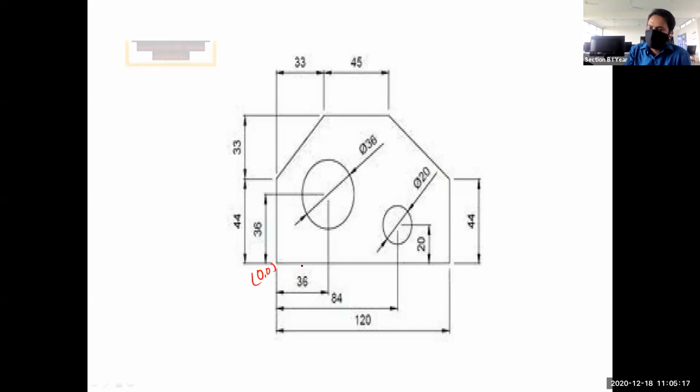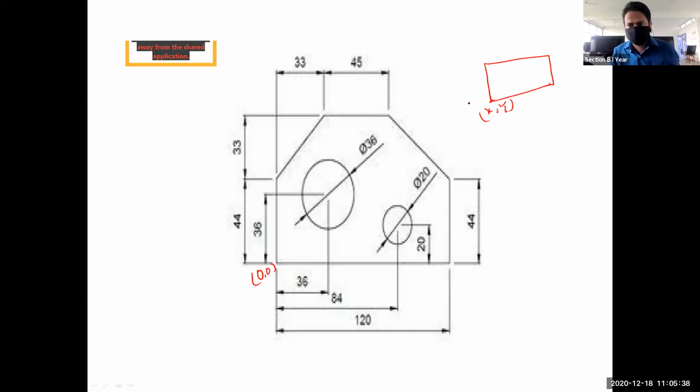That is most often used because suppose you have simple figures like a rectangle or square or circle, then the number of points is limited, 1, 2, 3, 4. You can do the calculation for your coordinate values. What is the x coordinate? What is the y coordinate? But suppose you have a complicated figure, then you will not be able to calculate all the coordinates.